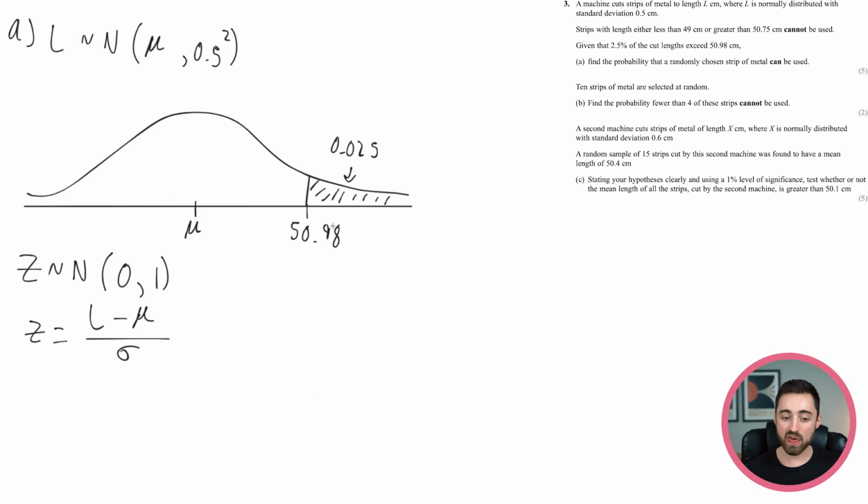Let's write down this piece of information in terms of probabilities. It says that the probability that I take some L and it is greater than or equal to 50.98, remember probability is represented by area, is going to equal 0.025, okay? Now,